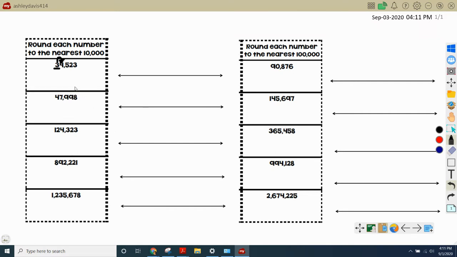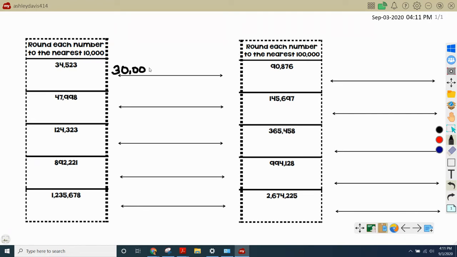But now that we're getting into bigger numbers, we're kind of going to move away from that and use a number line. Now, when I say use a number line, I don't mean you're going to have to draw a number line every time you round, but you need to imagine this number line in your head, okay? So here we are going to round to the nearest 10,000. So we do look to see what's in the 10,000s place, and it's 3, and it's worth 30,000. So that's the first number we imagine on our number line,